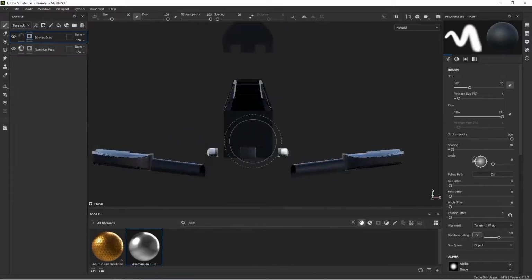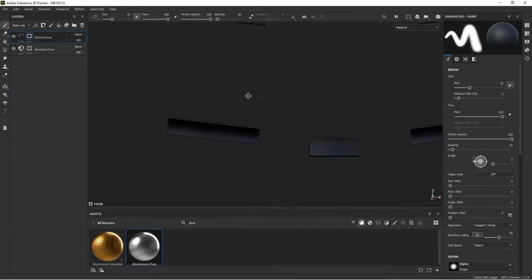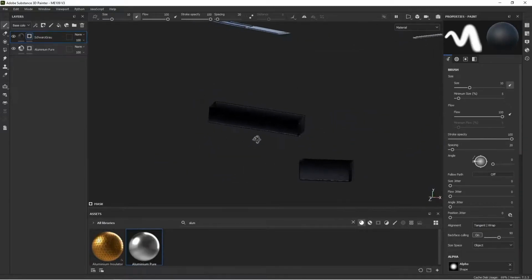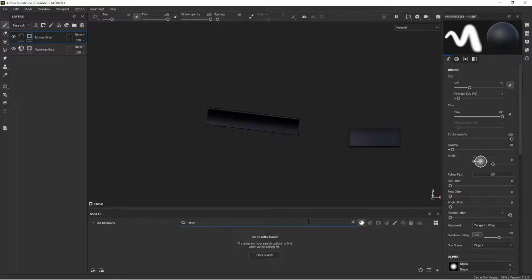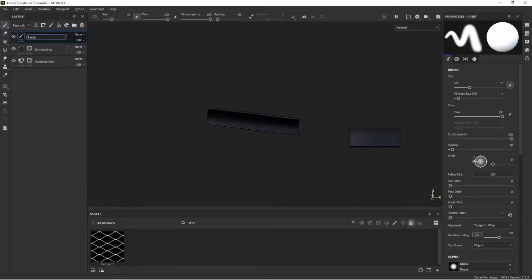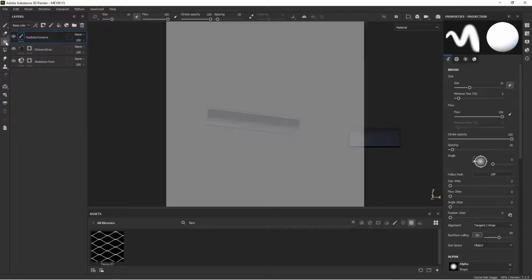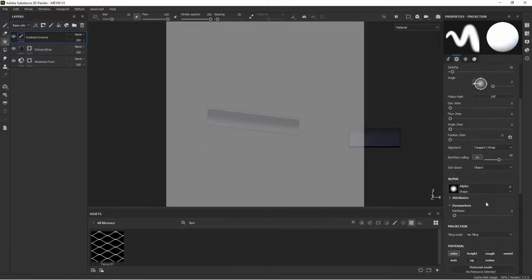Next thing we can do is we can talk about projection painting. I'm going to do it on these radiators. I've got these radiators here. And there is a fence texture here, and I can go to create a paint layer now. Call this radiator screens, and if I click on the projection icon or hit the 3 on the keypad, or the 3 on the top row of numbers, so go into projection paint mode, and over here on the right